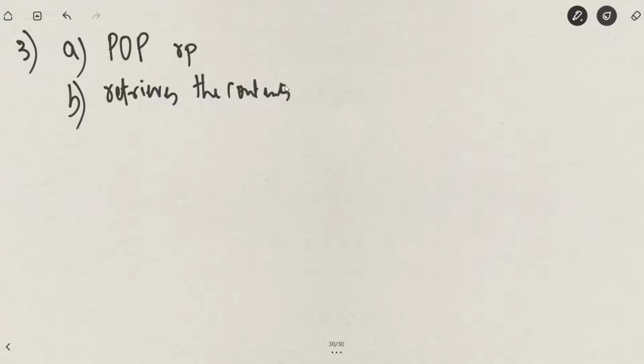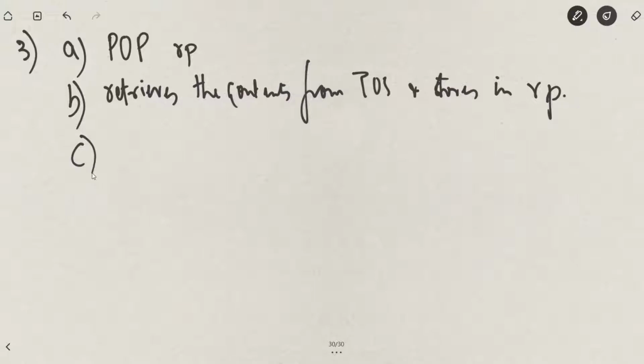Opposite to push, we will have an instruction called pop RP. Similarly, we will have a fourth instruction, pop PSW. So what does this do? It retrieves the contents of whatever was on the top of the stack, and that will be stored in the register pair. As far as the macro RTL goes,